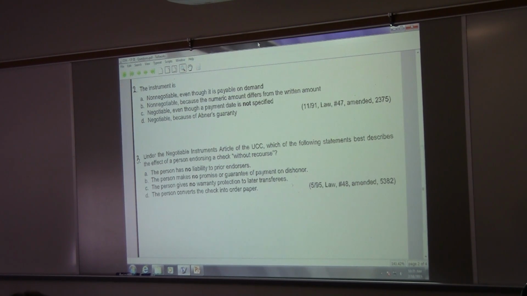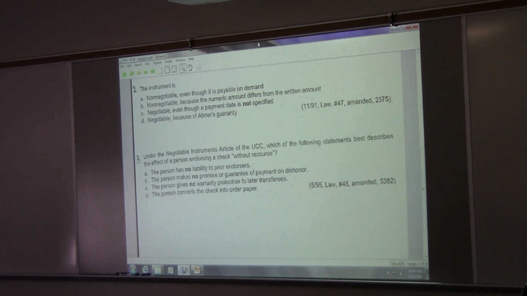Question number 3. Michael and Anne. Under negotiable instruments article of the UCC, which of the following statements best describes the effect of a person endorsing a check without recourse? Michael, does it mean that the person has no liability? What if you forged the note, Michael? What if you forged the note and you said without recourse? And would there be recourse